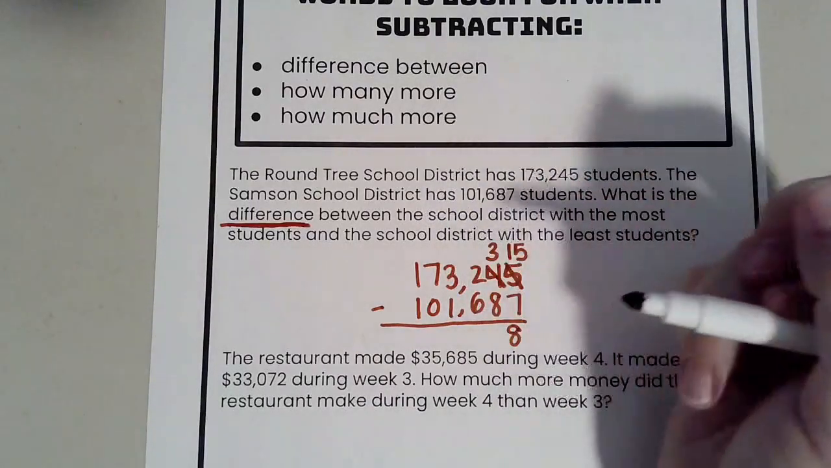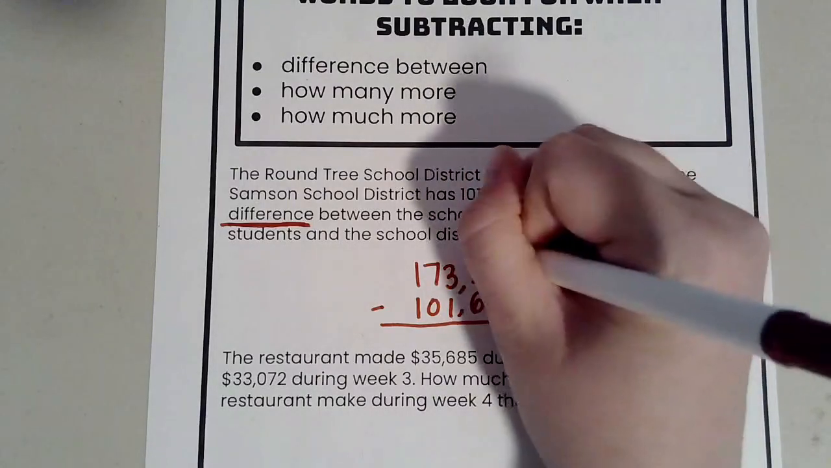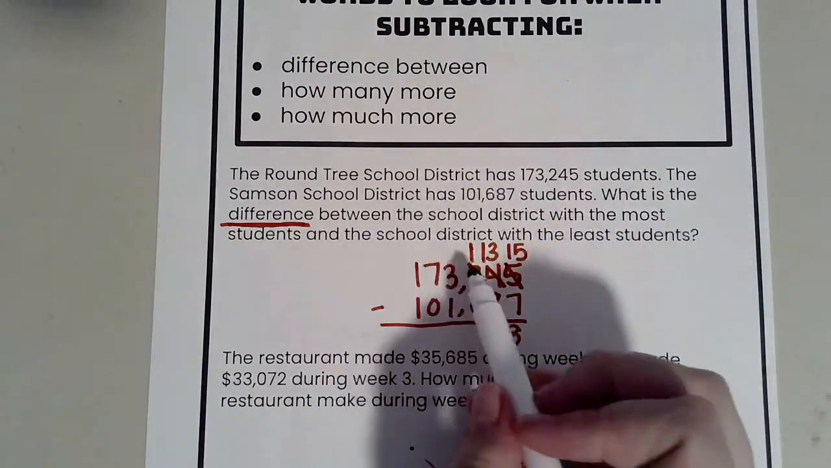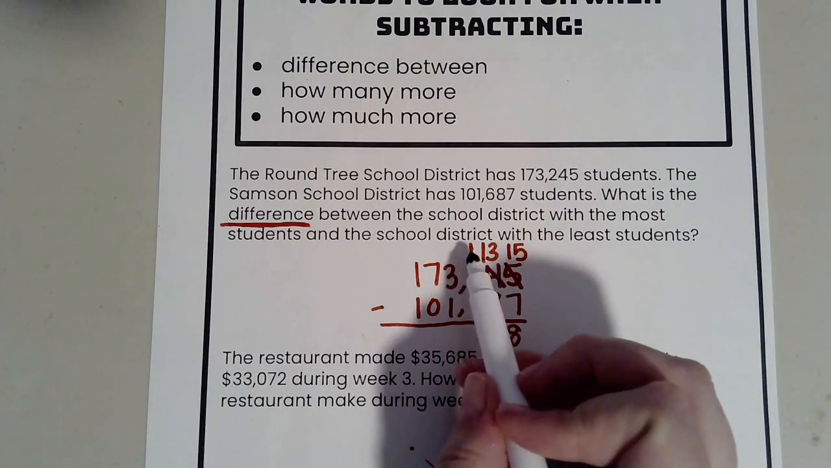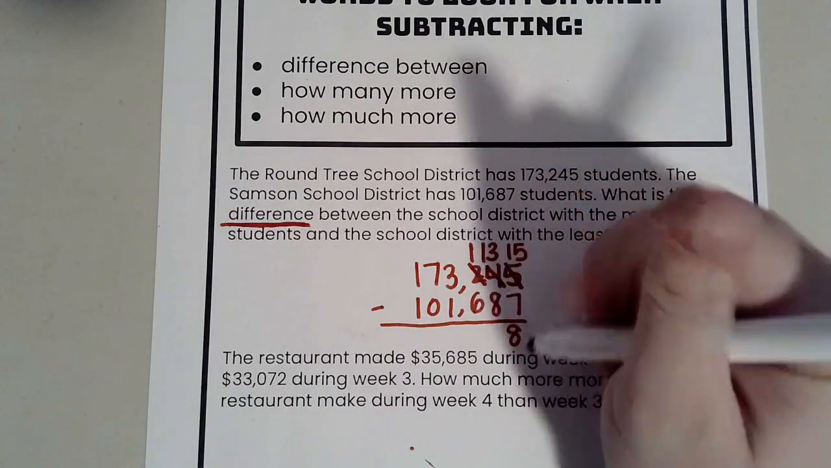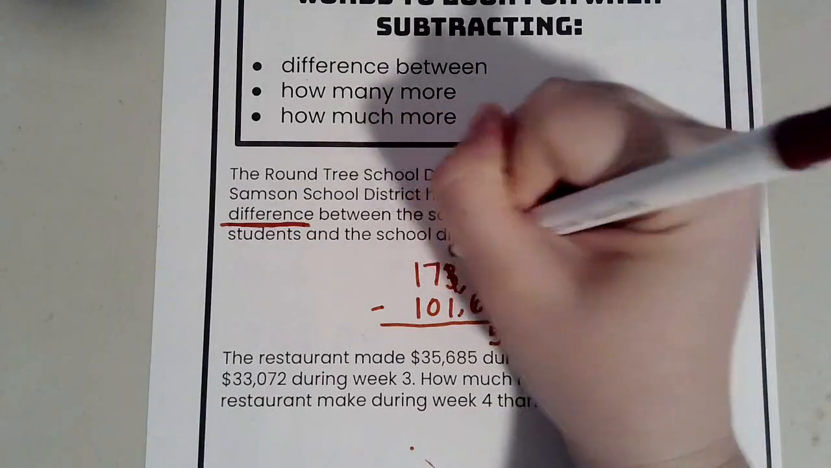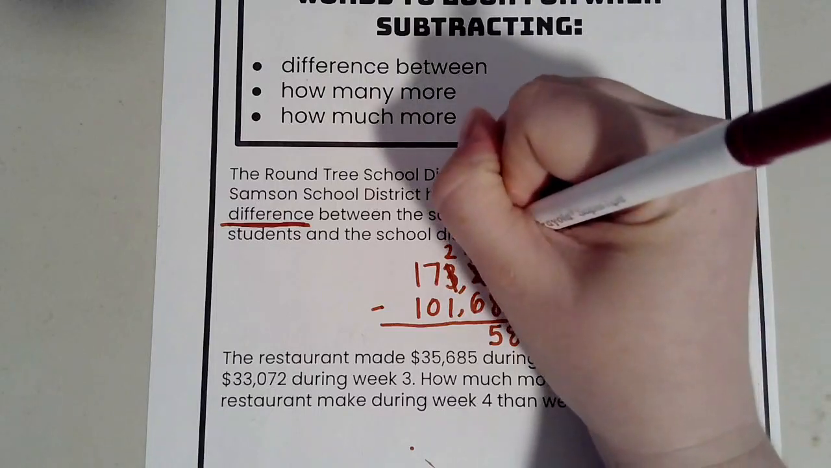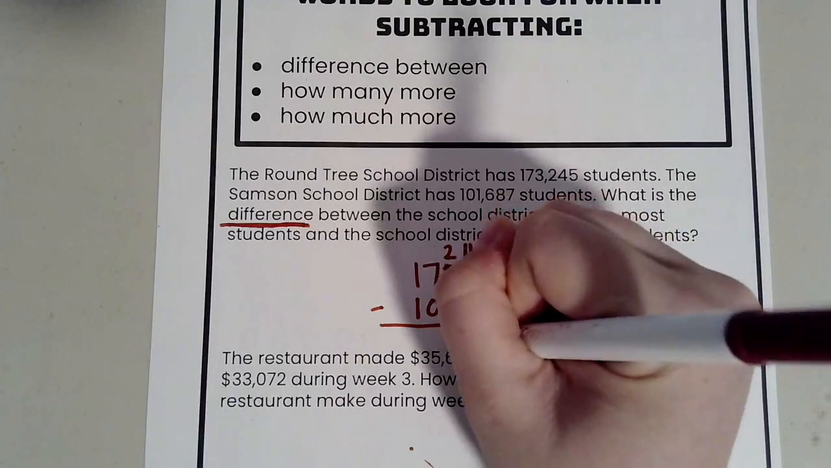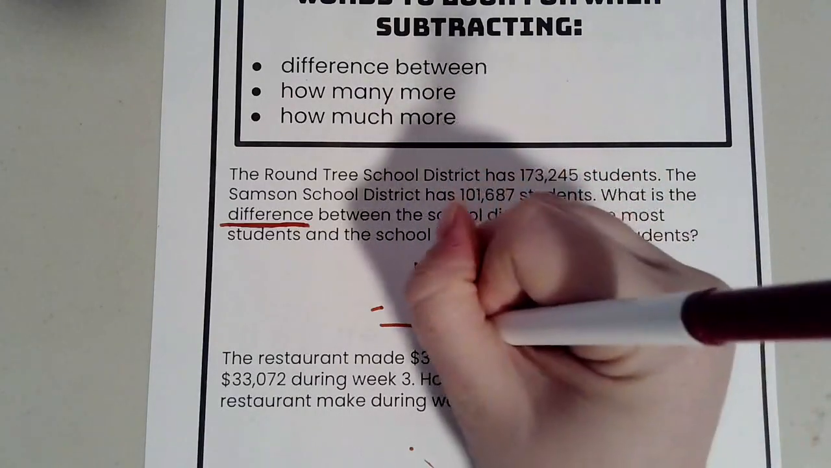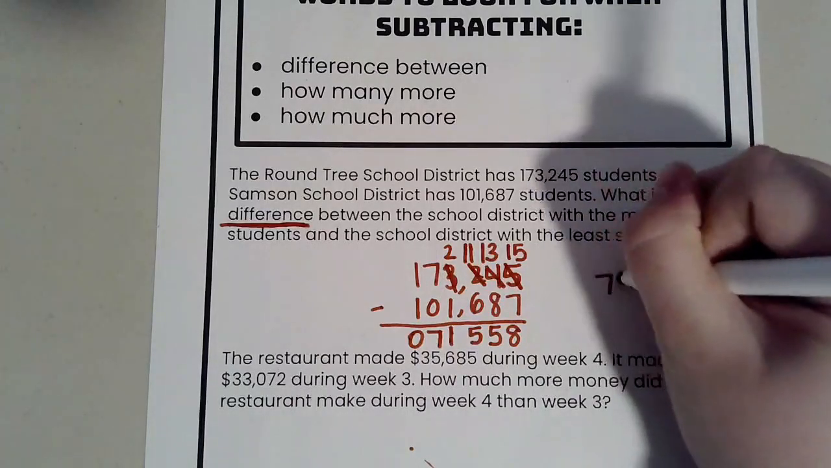3 minus 8 we cannot do. So again, let's cross out this 2. It's going to become a 1. And then you could see that I scooted over here to make sure that I have room for my 13. So I made my 1 a little to the left. 13 minus 8 is 5. 1 minus 6, can't do it. So it's going to become a 2. And this will be an 11. So now 11 minus 6, also 5. 2 minus 1 is 1. 7 minus 0 is 7. And 1 minus 1 is 0. So it is